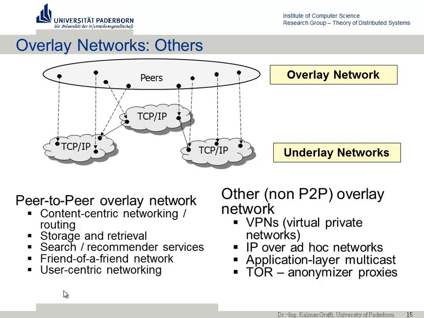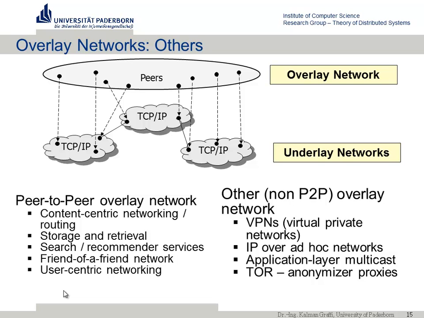So if you are at Telecom and you use their triple play, I think it's called, they have some IP-based TV series or TV shows. Then they typically use multicast in their own network, because they can control it and implement it. But if it is internet service provider wide, so it's leaving their network, then you typically need application layer multicast. And some of you probably know Tor, that's an anonymizer where you have multi-hop communication to reach